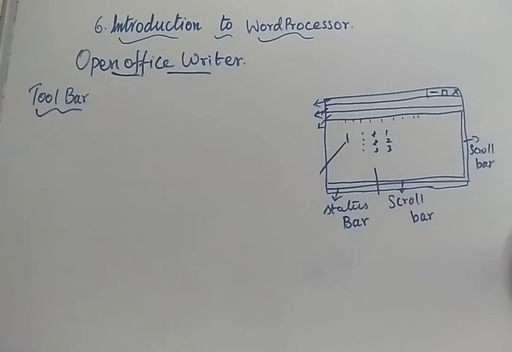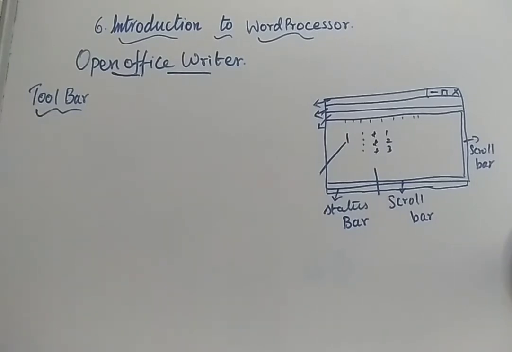By the name itself, here you are going to have the tools. So what are the tools? For example, you could have seen some person doing carpentry work. Just by seeing the tools itself, you will be able to identify for what purpose they are going to be used. Similar is the case here. Everything will be displayed as an icon, that is a figurative format. Just by seeing that itself, you will be able to see what it is going to do. So that is your toolbar.